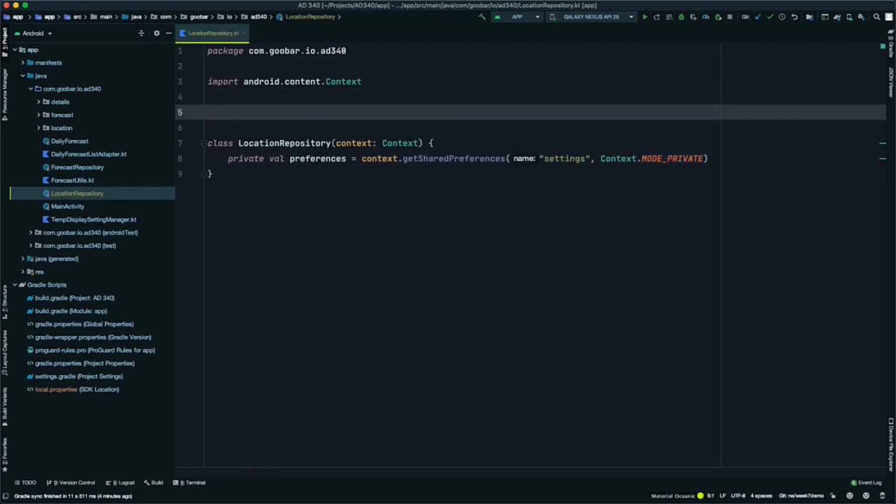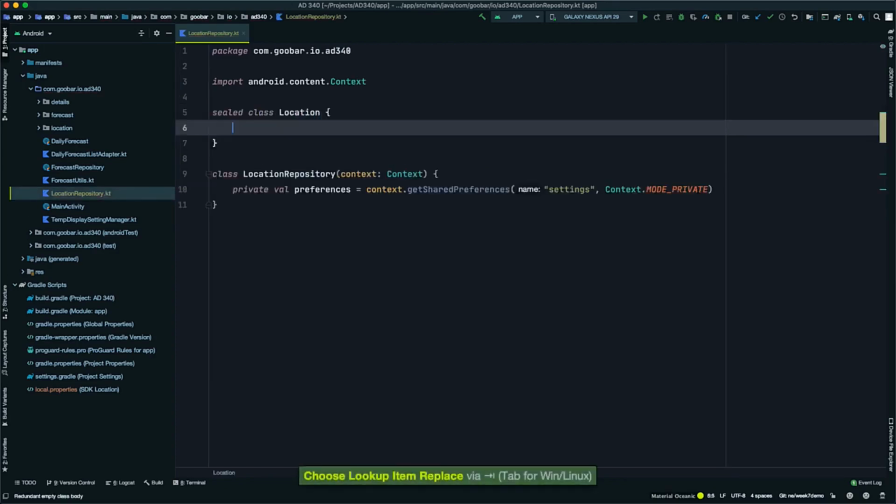To represent different types of locations within our app, we will come a couple lines above location repository. We'll type sealed class, and we'll name that sealed class location, and then we'll add the open and close curly braces. Now within that, we're going to add one specific implementation of this location type, and that's going to be